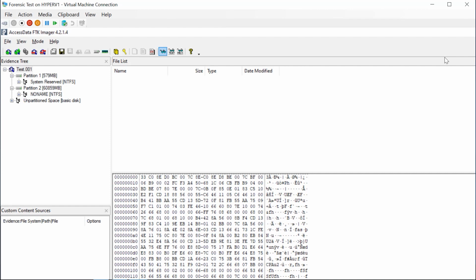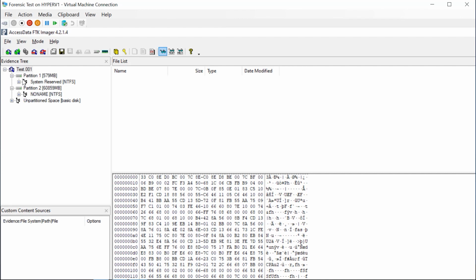FTK Imager is a pretty standard forensic tool that allows you to take an image of a hard drive. It then allows you to also look at the hard drive. And what you're looking at is what I could kind of call the flat view of it. So while you're looking at it, you're not seeing the mounted drive, you're seeing the file systems. You're seeing the ones and zeros out there. You're seeing hexadecimals. So sometimes you have to know how things are structured in a program before you can understand what you're looking at.